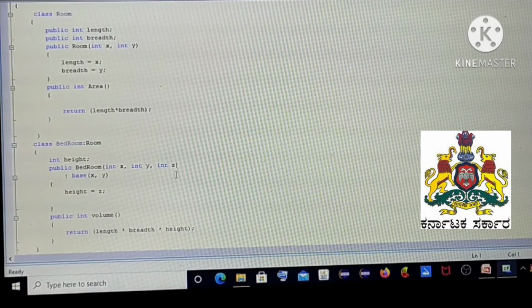And here we have three parameters, int x, int y and int z, and we are making use of this base method, which is applying the parameters x and y in this class also.